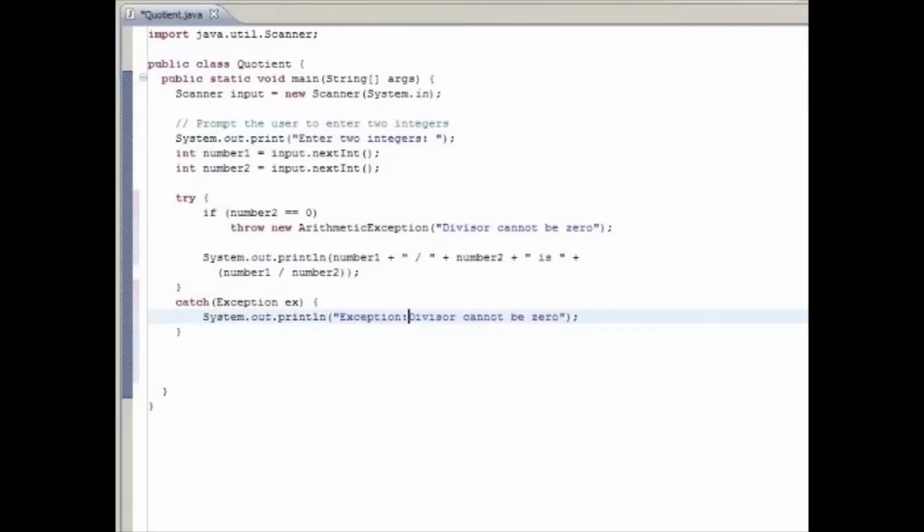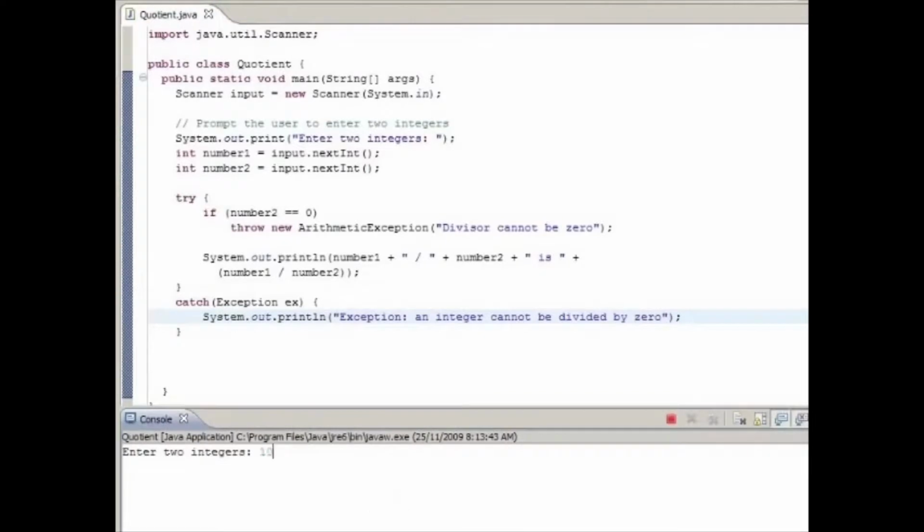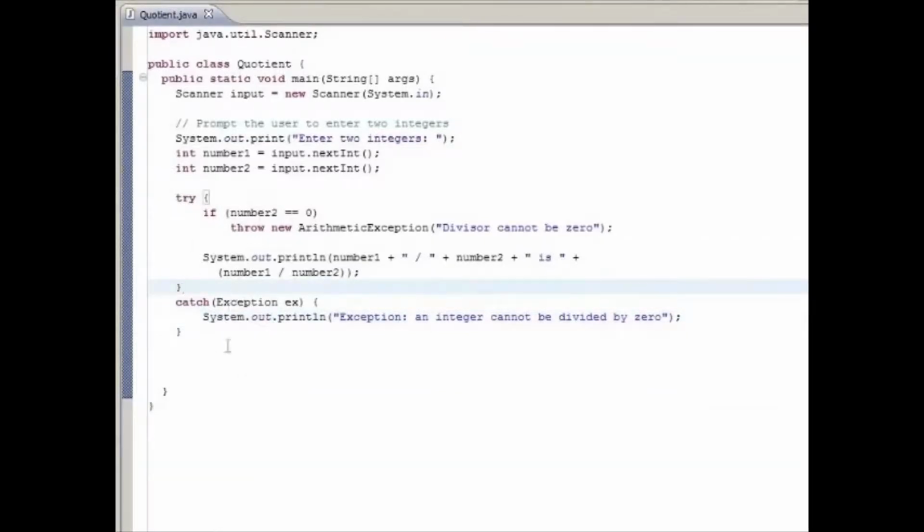Exception: an integer cannot be divided by 0. Okay, so let's see what happens here. Let's run this again. Now, just to make sure it works still, 10 and 5 is 2. Fantastic. 10 and 0: Exception, an integer cannot be divided by 0. So our program still works,